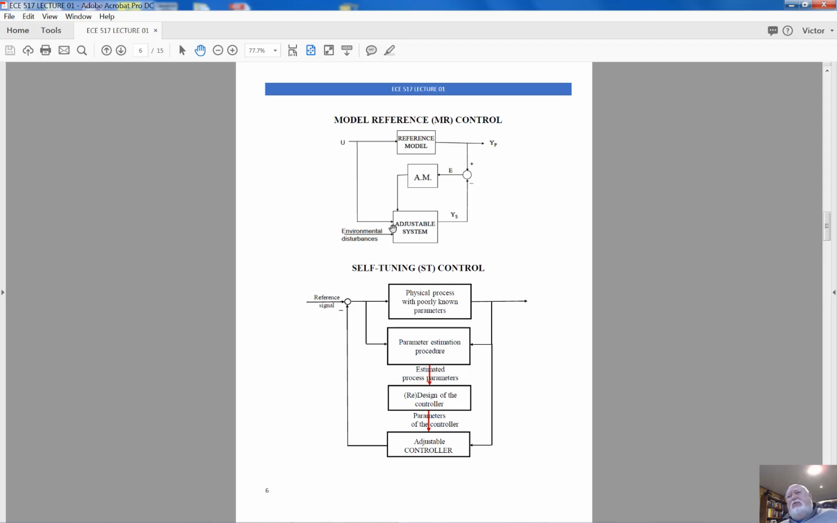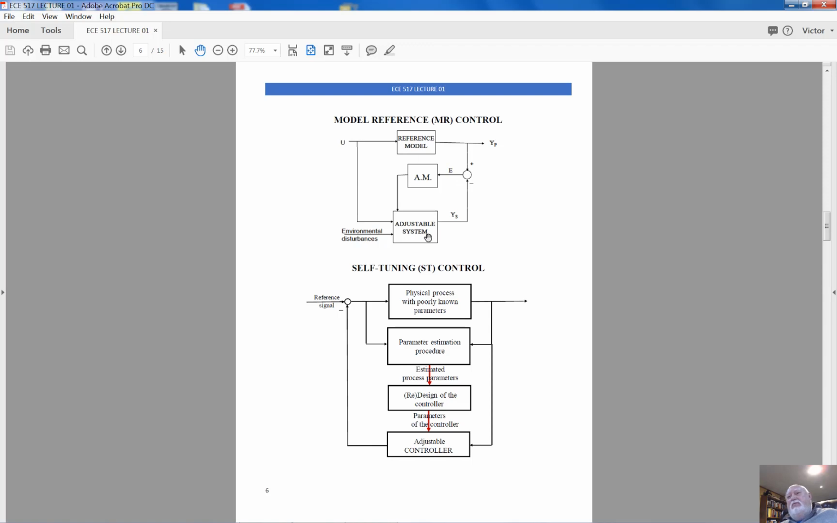And then we have the adjustable system. Adjustable system has the ability to change its parameters. So parameters of the adjustable system could be changed. Now, our goal is to make sure that the response of the adjustable system and the response of the reference model will be very close. So what we do in model reference system, we find the error, the discrepancy between responses